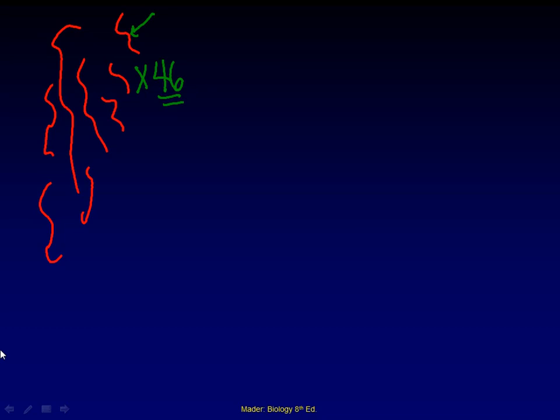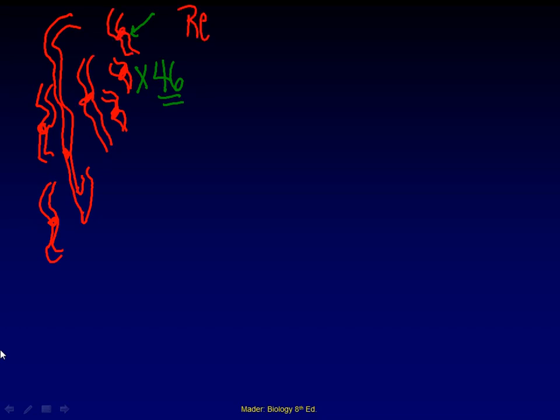Before the cell even gets ready to divide, it makes a copy of every piece of chromatin and hangs on to it, okay? So it's going to make a copy of that one and it hangs on to it. It's going to make a copy of that one and it hangs on to it. It makes a copy of every piece of chromatin. So now, once that's done, and that's called replication,